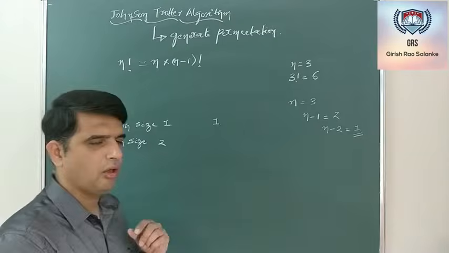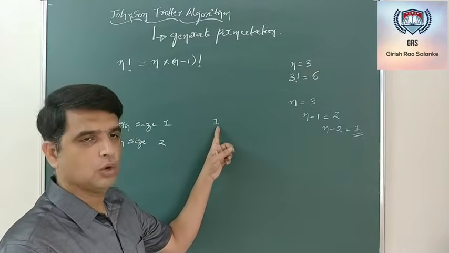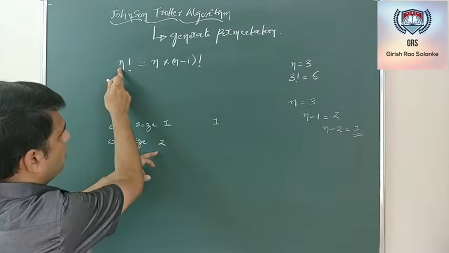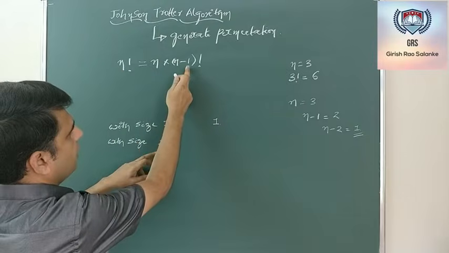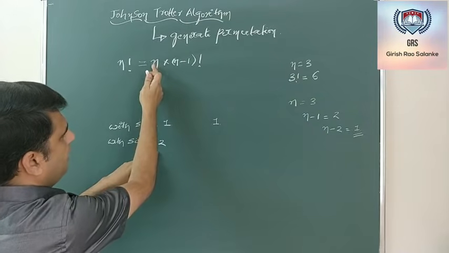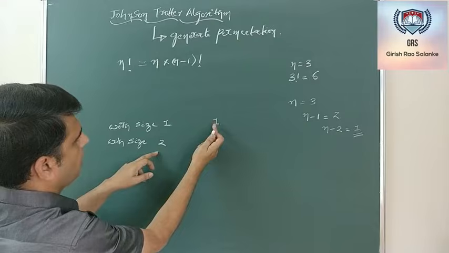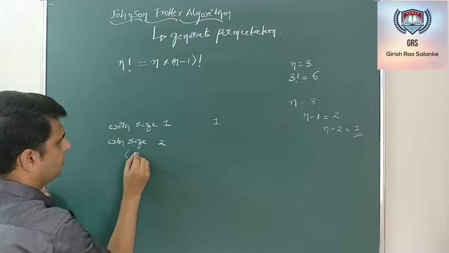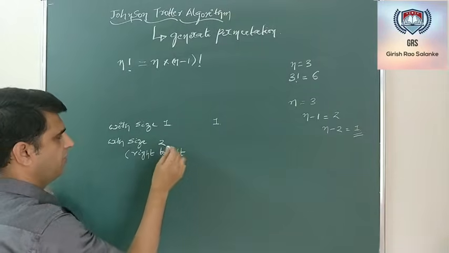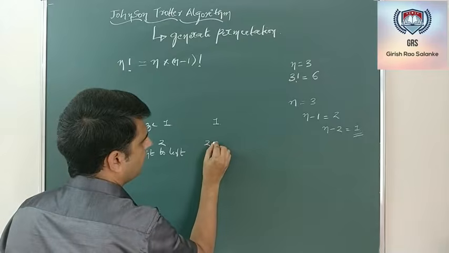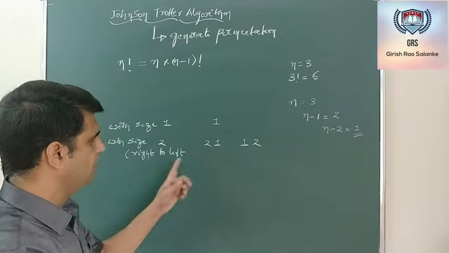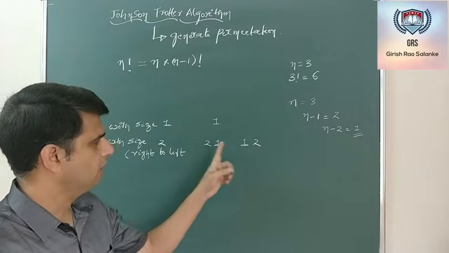Now, with size 2. In the sense, I have already solved for n is equal to 1. Now, I need to solve the problem for n is equal to 2. Now, if you see this, if n is equal to 2, n minus 1 is 1 factorial. That is already I have calculated. Now, I need to just have this n. I need to insert this n into the different combinations of 1. That means what I will do, I will just insert this 2 from right to left. First, I will insert to the right. That means I will have one permutation as 2, 1 and the next permutation as 1, 2. Now, for n is equal to 2, if you observe, I got 2 permutation.